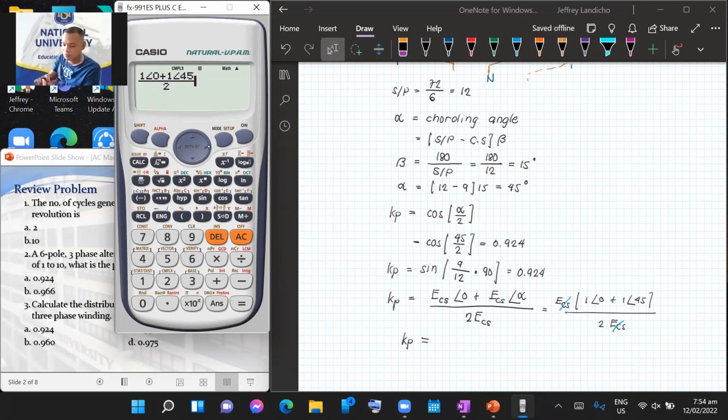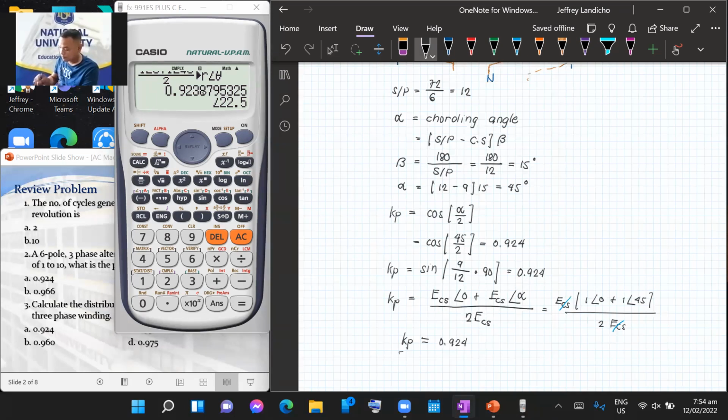Divide natin kay 2. Express mo yung answer in polar form kung ano man yung magnitude, and that should be the coil or pitch factor. Tingnan mo, it should be the same. So you have 0.924 also. So those are the three possible ways to measure the pitch factor for our given